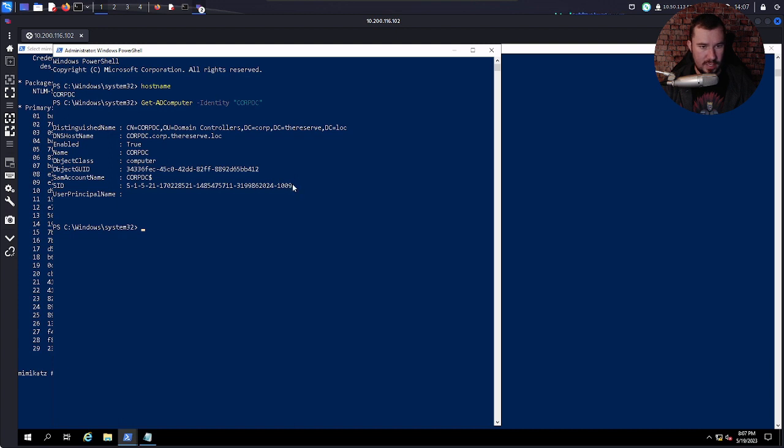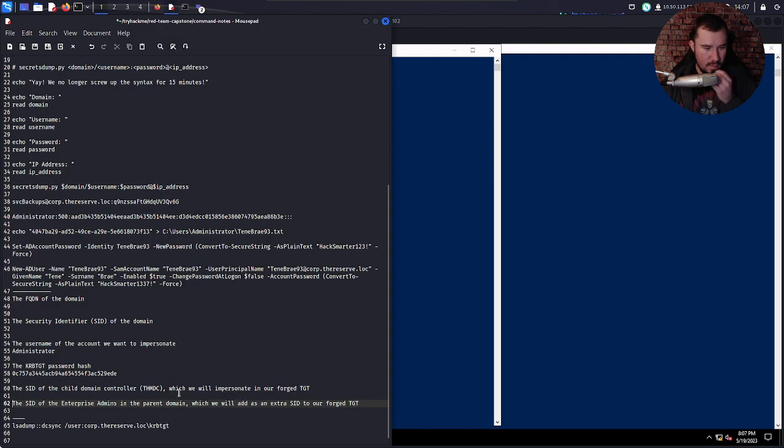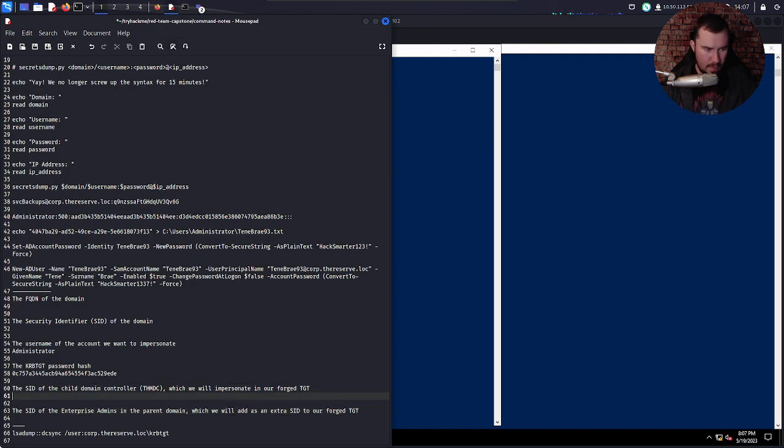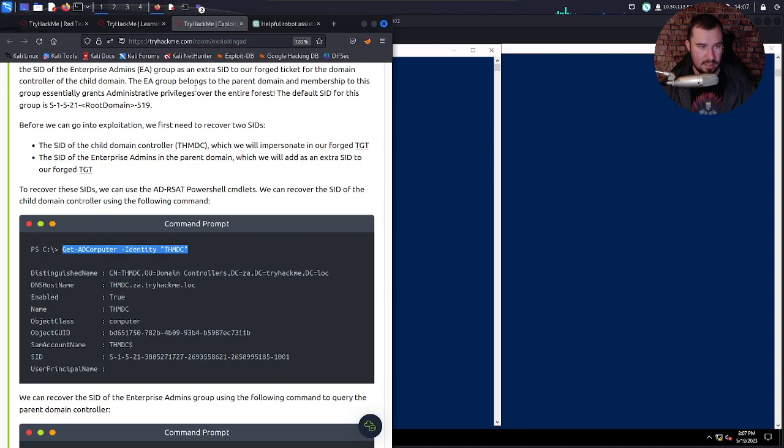Okay, here's our SID. Copy that. There's the SID of our domain controller, which we will impersonate in our forged ticket granting ticket.